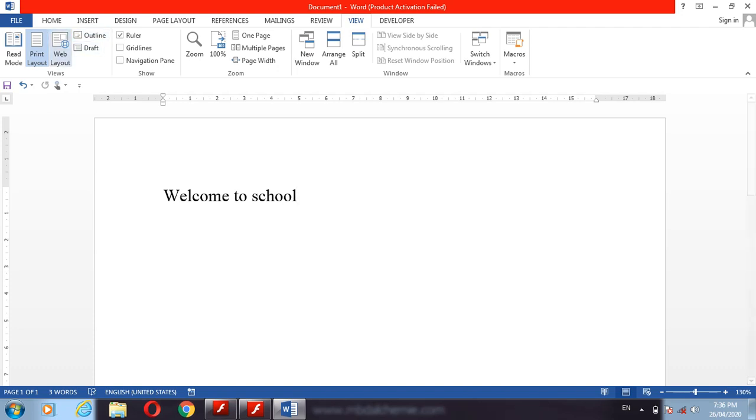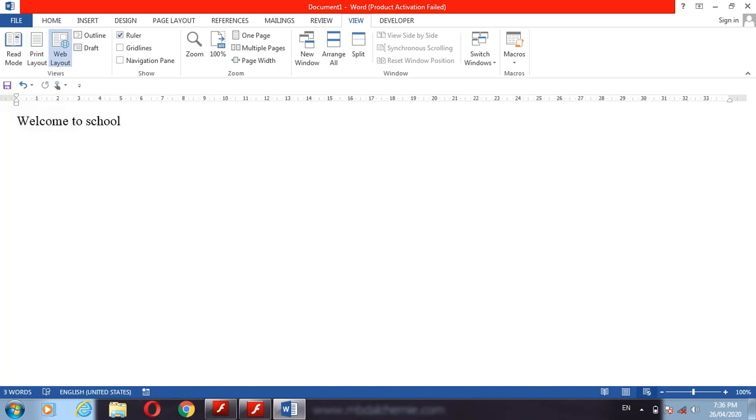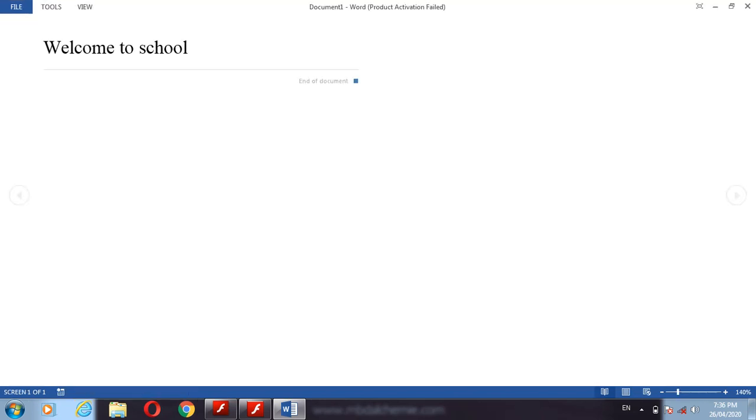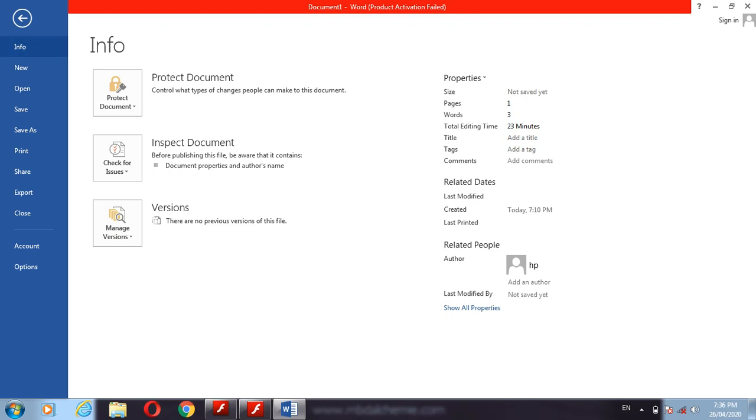We can change to Web Layout, and in this way the change will appear. If we click on Print Layout, in this way the layout will be changed. If we click on Read Mode, in this way the screen will be changed. So in this way we can change the default setting.